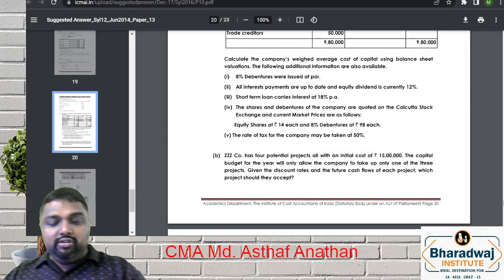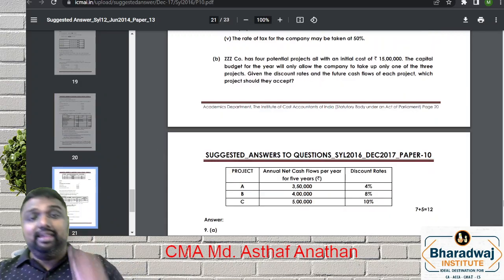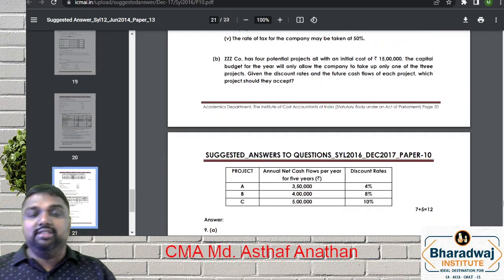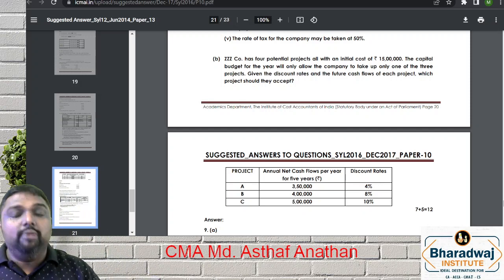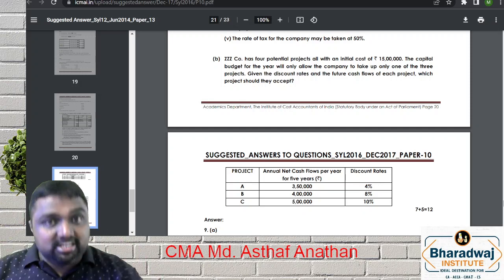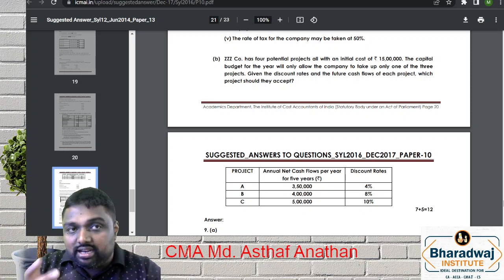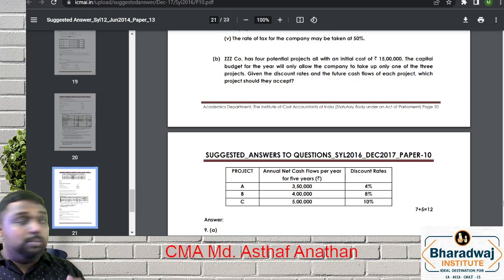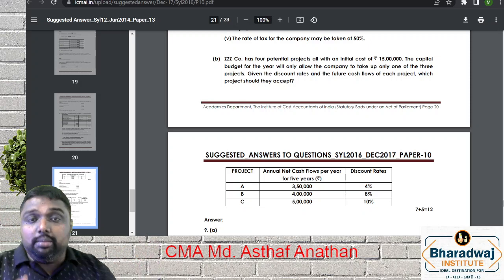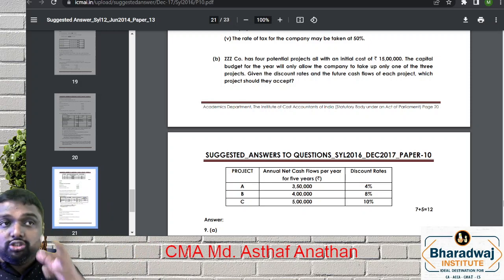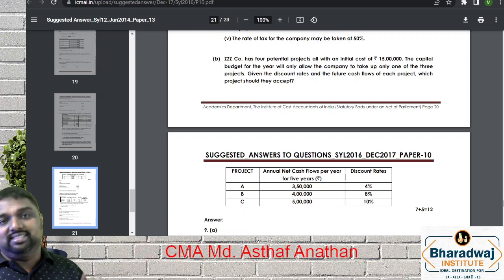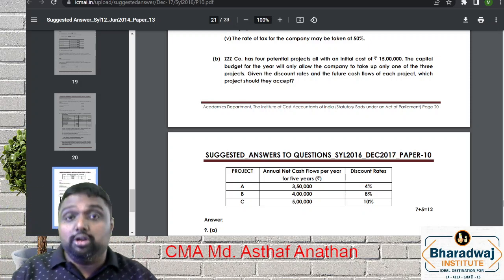Now we will go for the B part. Again, capital budgeting. So you can understand, my dear friends, the trend is same. Though in FM we have learned chapters like capital structure theory and dividend decision, the number of questions, if you analyze EBIT, EPS, financial break even, those questions are coming very, very less. But that may come sometimes, but not always.